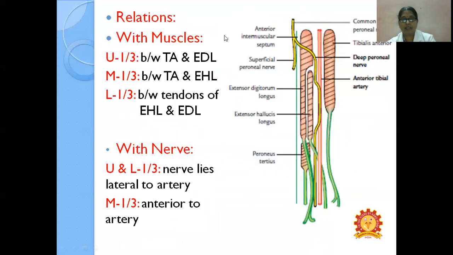Relations. So relations with the muscles, and with the nerves. In the upper 1/3, it lies between tibialis anterior and extensor digitorum longus. In the middle 1/3, it lies between tibialis anterior and extensor hallucis longus. In the lower 1/3, the tendon lies between